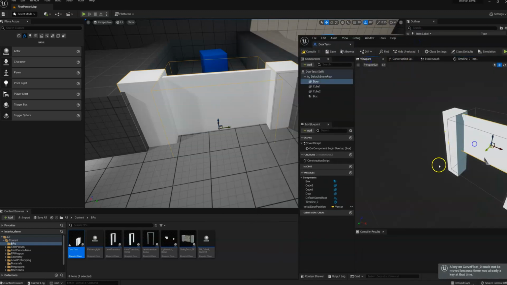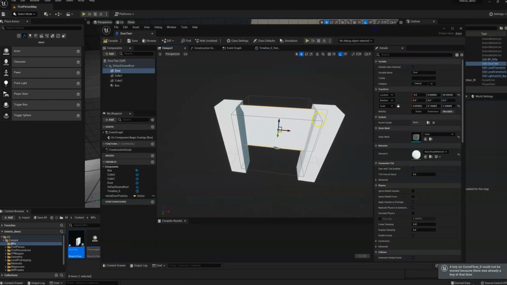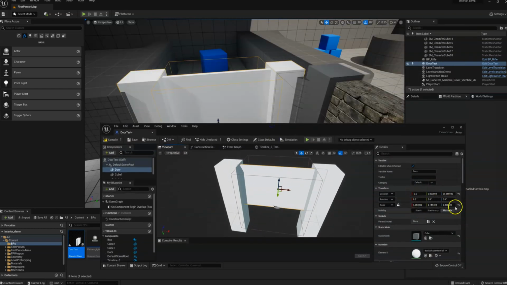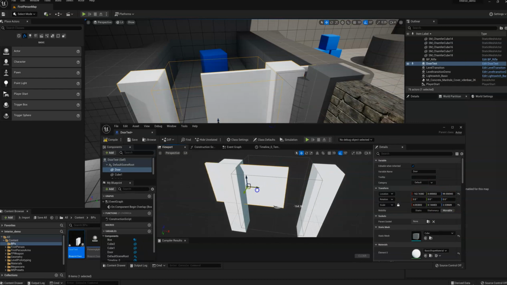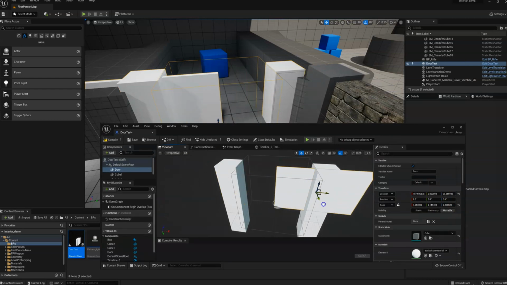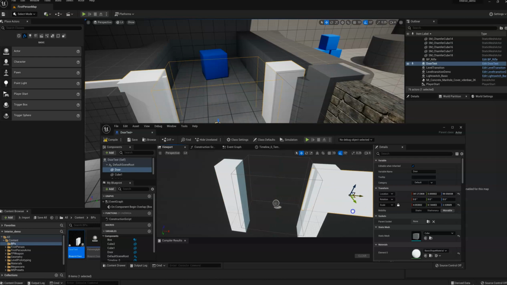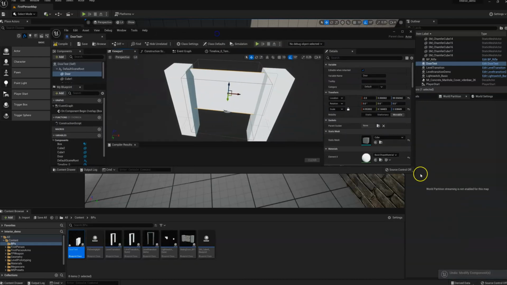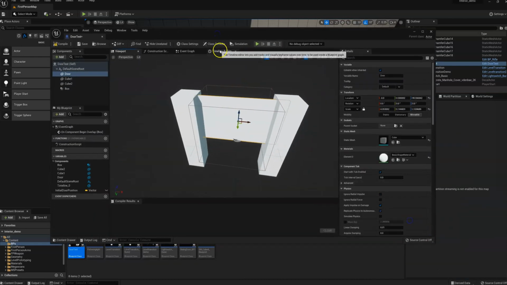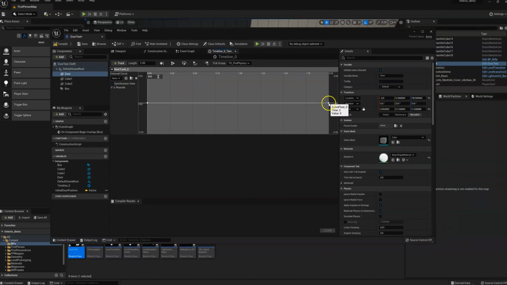to our viewport. I'm going to click our door here. We're going to look at the transforms, and if we keep an eye on the transforms, I'm going to move it into its final position. And we can see when I move it, we move to 330 on the X axis. So Control Z. So now, knowing that 330, I can come back into my timeline and set my second keyframe